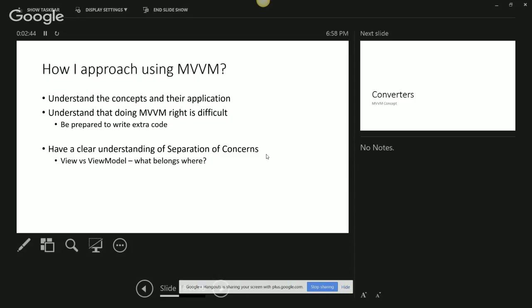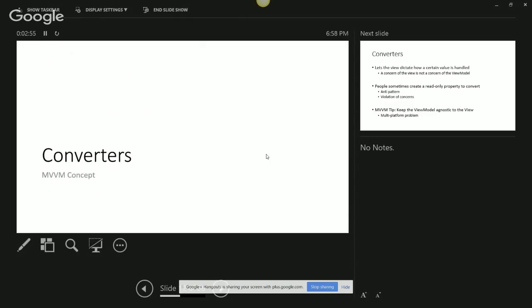So with that in mind, I do want to talk about some of the tools that I use in MVVM that kind of helps operations be more simple. First of those is a converter. So this idea of a converter is centered to MVVM because it actually allows the view to dictate how it